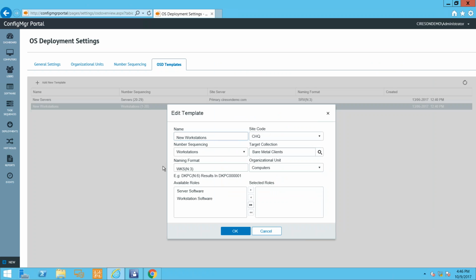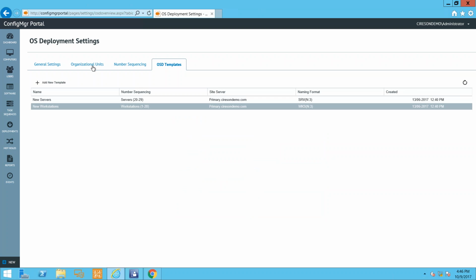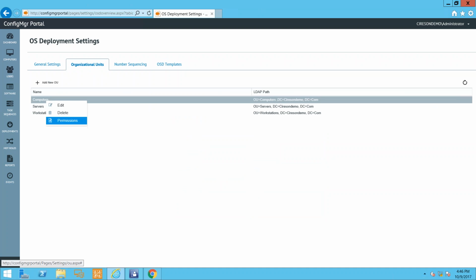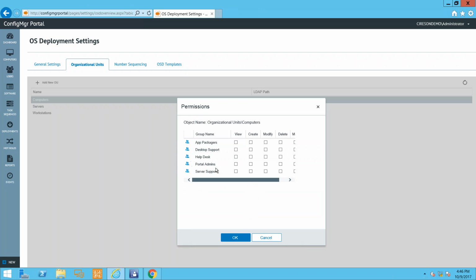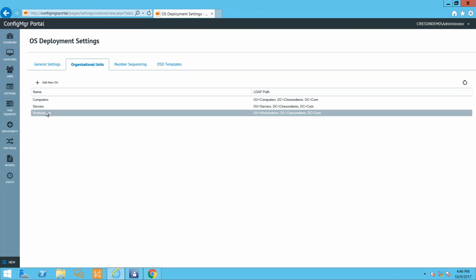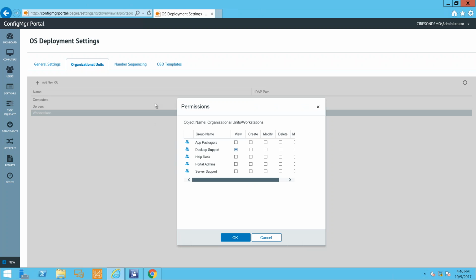But if I look at my OUs, you'll see that computers, the desktop support person doesn't have access to that OU. So he only had access to the workstations OU. So even though the template said to go ahead and put it in computers, when we went to run the template as that user, it said, hey, you got to use workstations OU because that's all you have access